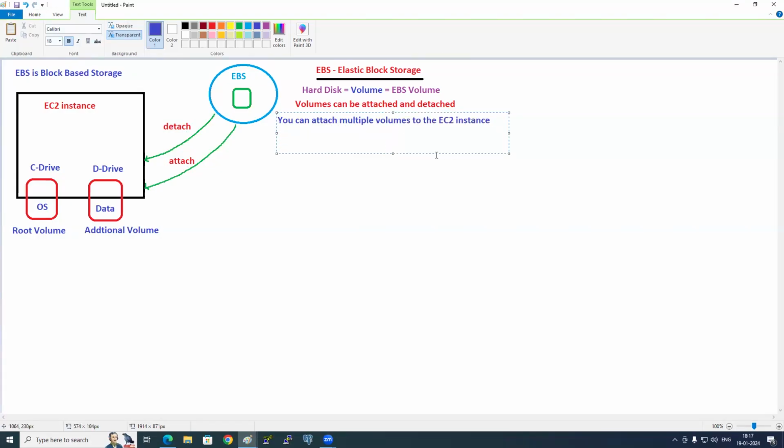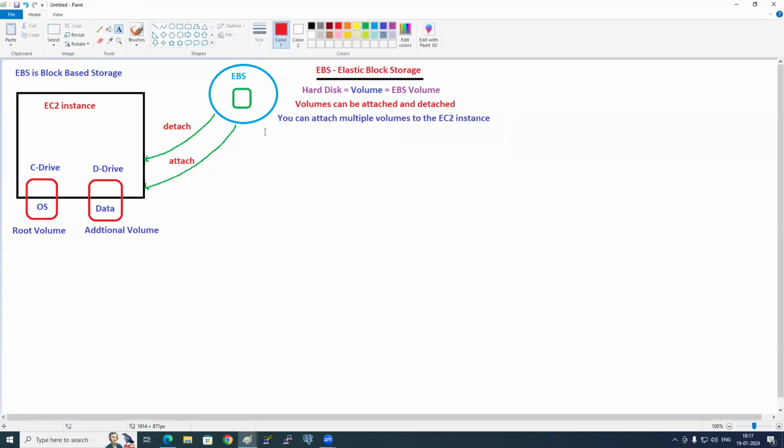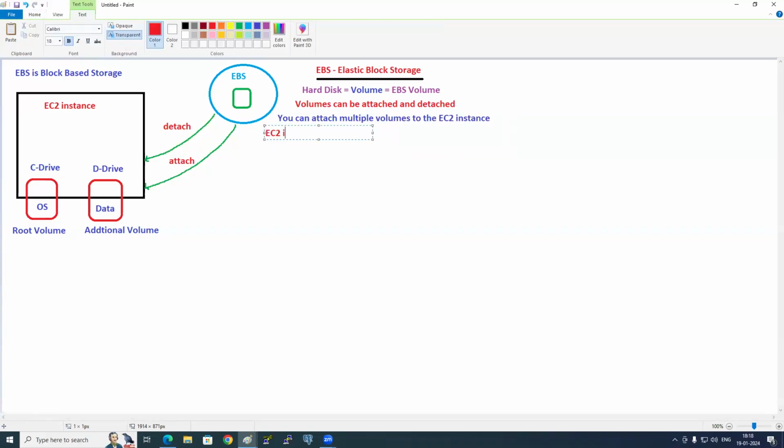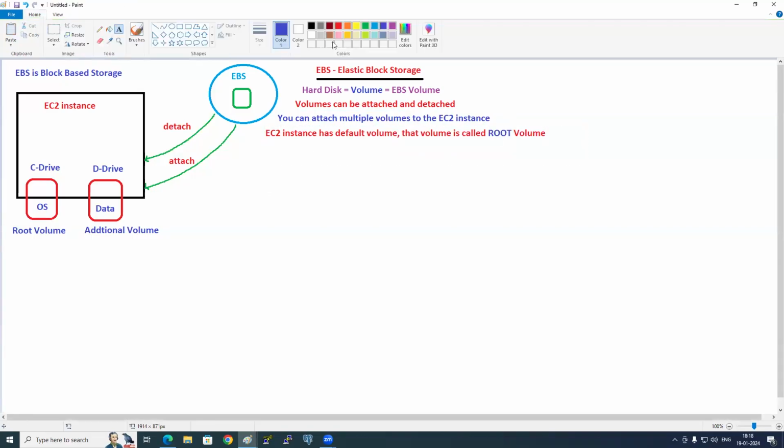An EC2 instance comes with one default volume. What volume is that? Super. That volume is called the root volume. What does the root volume contain?